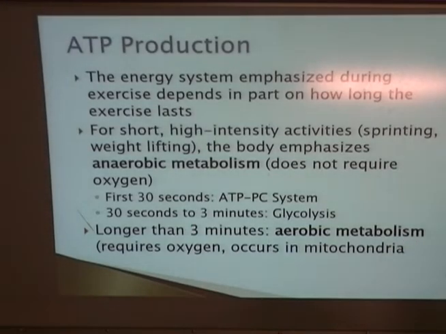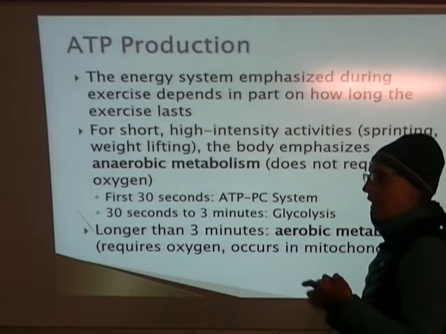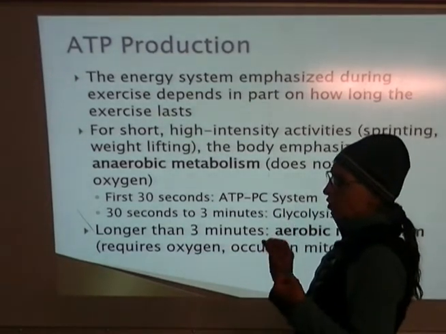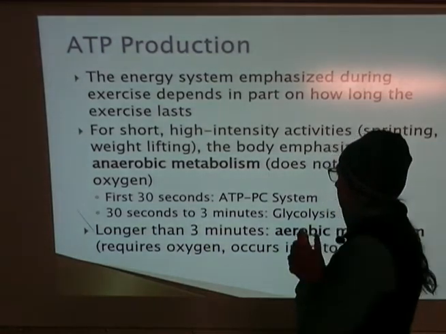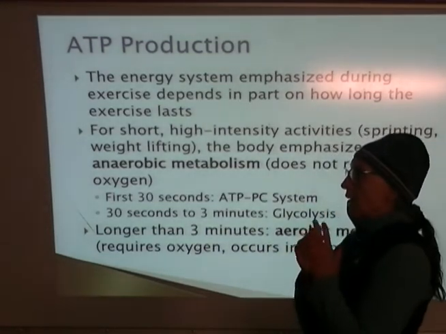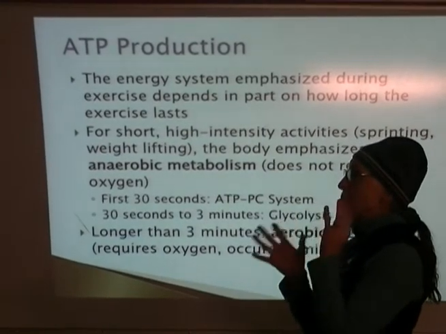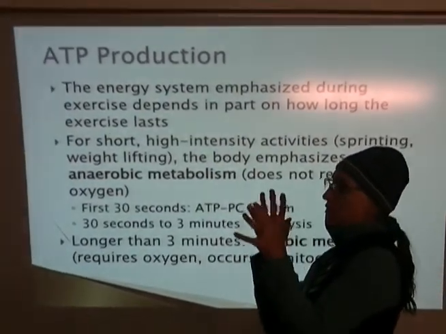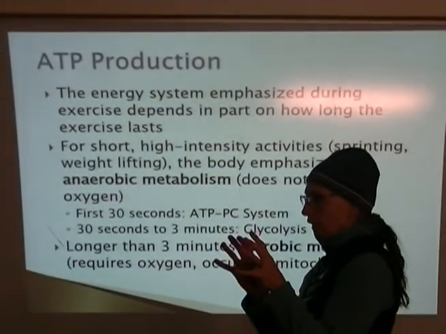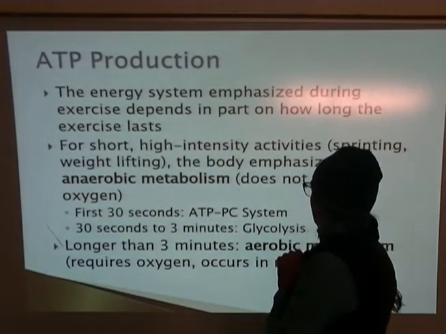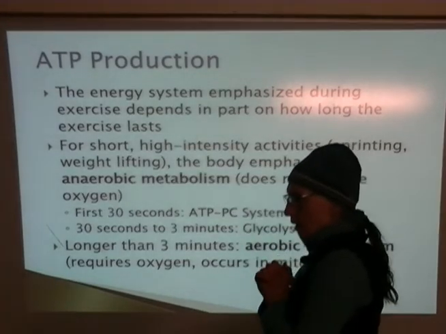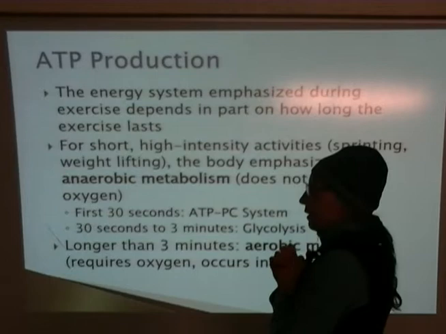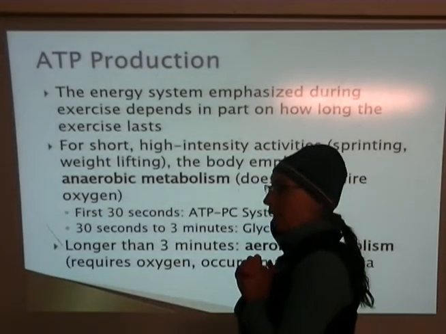Now, we're talking about anaerobic systems in this chapter. Our two anaerobic systems are the ATP-PC system, which is our adenosine triphosphate, and the PC stands for phosphocreatine. That energy system provides ATP for somewhere up to 25 to 30 seconds, depending which textbook you're looking at. And then the second energy system is called glycolysis,